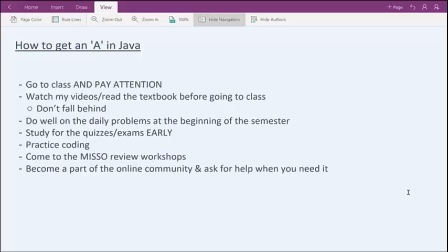And then finally, become a part of the online community through Slack and ask for help when you need it. One thing that we haven't really done in the past is that we've never had or catered to an online community through MISSO that a Java education officer has actually led. So I'm really excited about Slack. If you're able to join it and ask me questions, I'll be really happy, because that's the easiest way for me to answer your questions. So instead of just emailing people, which is extremely tedious, I can just answer one question and reach a bunch of people by answering that question. So definitely join Slack and ask your questions if you need help.